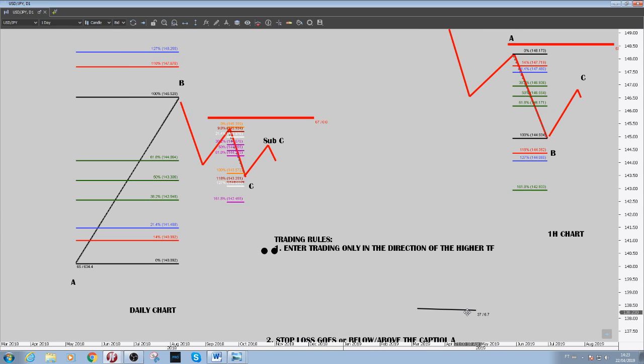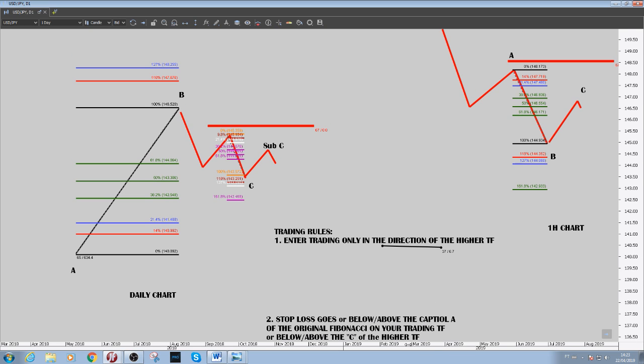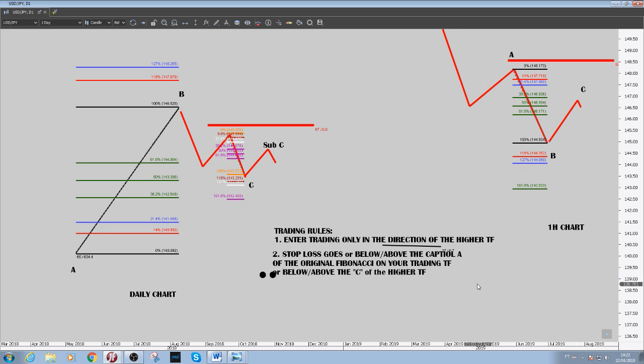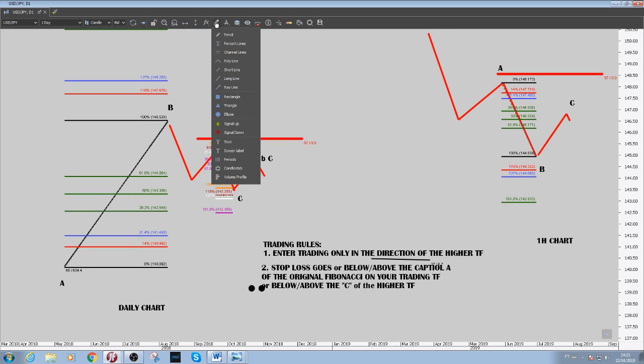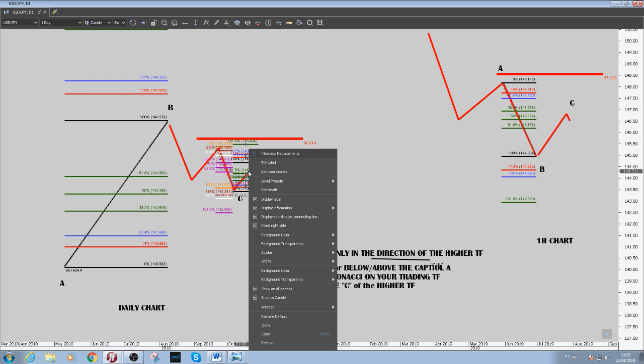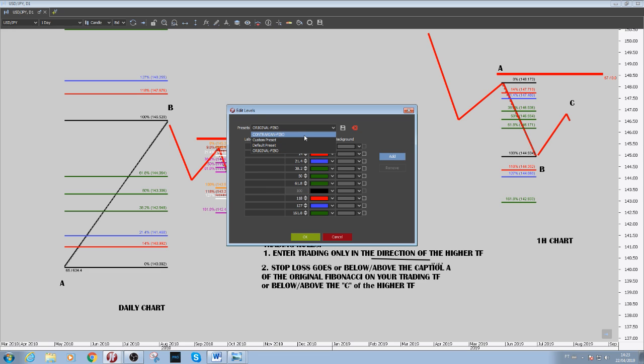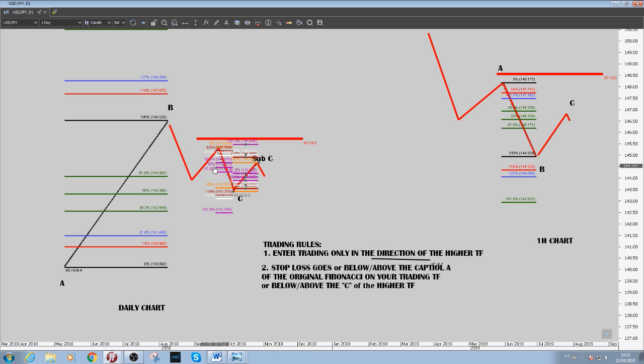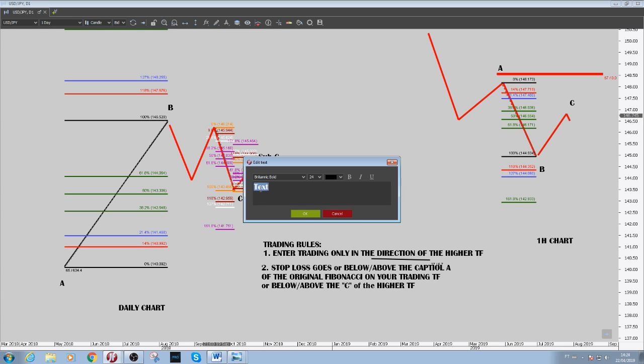What happens if we don't have a confirmed sub C on the higher time frame? And the answer is, what do you think? If we don't have a confirmed sub C, where should the stop loss go on the higher time frame? So this is the sub C, right? So sub A,